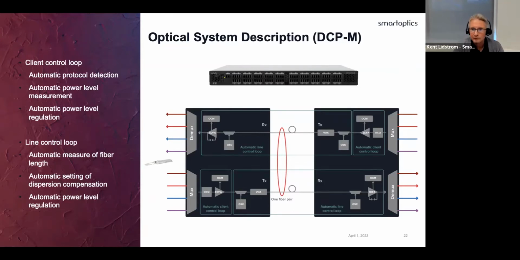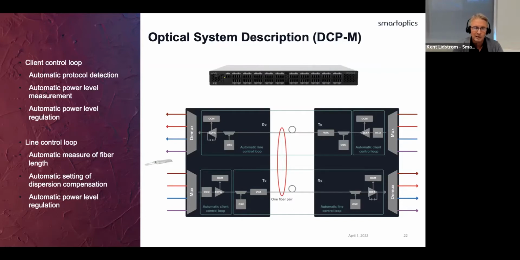We can then use that information to set a tunable dispersion compensation that we have in the mid stage of the amplifier, sitting on the preamplifier side on the bottom right. There we also have it connected to the optical channel monitor, so we can analyze what kind of power level goes out of the amplifier. And we can use a control loop on the line side to set the VOA on the line, so we get the appropriate power level into the receiver, in this case after the DMUX.